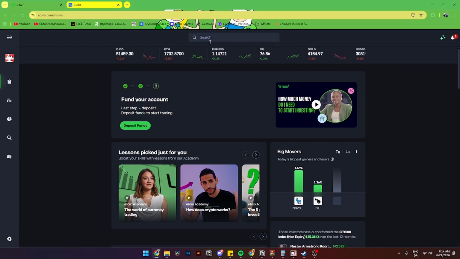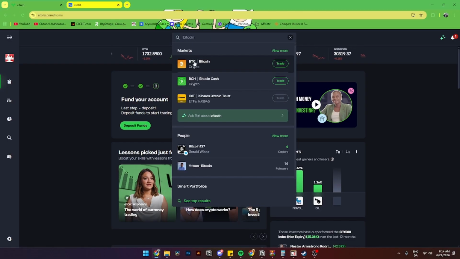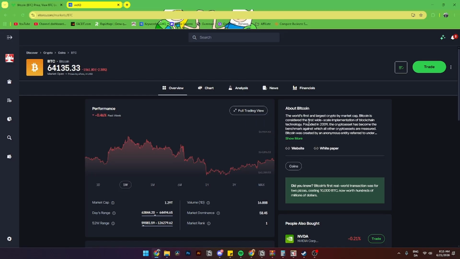Now from here you'll need to go up to the search bar up here, and then from here you'll need to type in Bitcoin like so. And then from here you'll be able to see you can trade either Bitcoin or BTC, Bitcoin Cash, or you can buy an ETF if you want to do that via the Nasdaq. From here you'll simply need to click BTC, Bitcoin, and once from here you'll be able to see this page right here. Now from here you'll need to go up to the trading section over here, click on that,